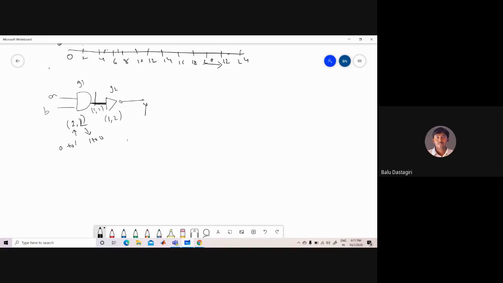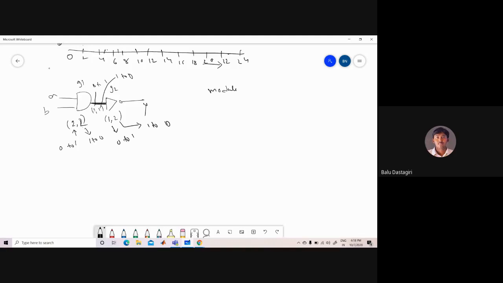Whenever the wire logic goes from 0 to 1, there is a delay of 1 time unit, and whenever the wire logic goes from 1 to 0, there is a delay of 1 time unit. Similarly for this NOT gate, whenever the output goes from 0 to 1, there is a delay of 1 time unit, and whenever the output goes from 1 to 0, there is a delay of 2 time units. Now let us write a small program for this.